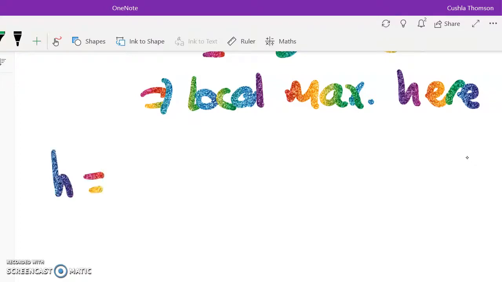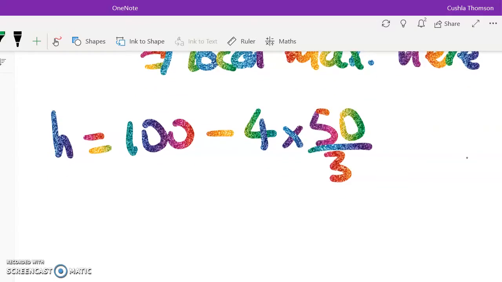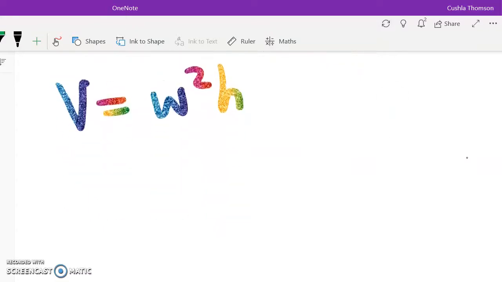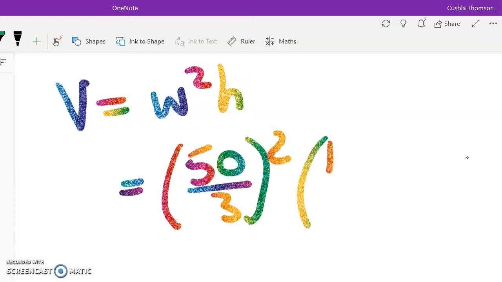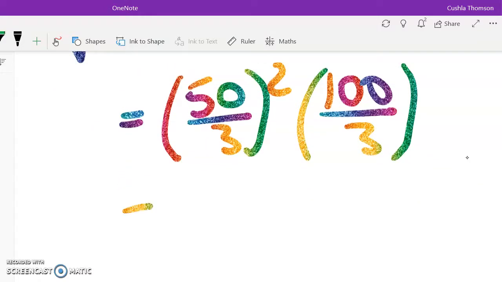Let's see, H is equal to 100 minus 4W, so that's minus 4 times 50 over 3. So that gives me 100 over 3. So the volume of the box, which is W squared H, works out to be 50 over 3 squared times 100 over 3. And when we work that through, we get this exact answer,